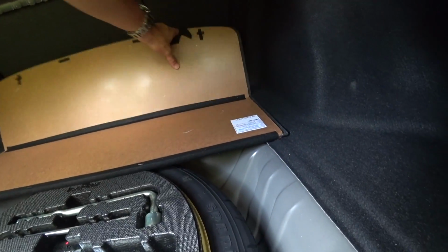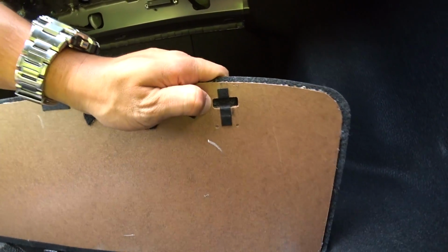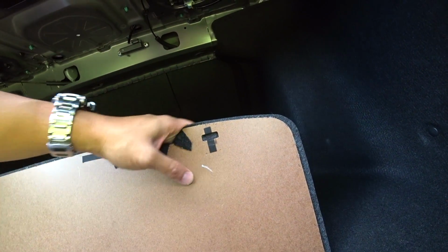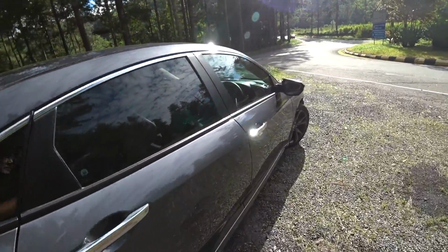And of course, ouch! This piece of soundproofing cardboard is rather thin when you compare it to that. In terms of soundproofing, this cannot be compared or mentioned in the same breath as the Mazda 3. Okay,